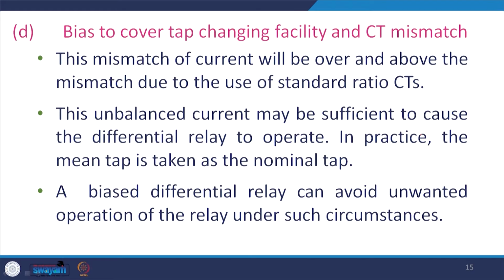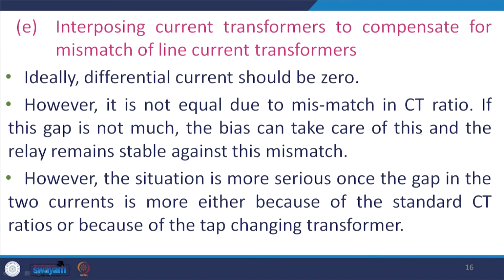The remedy is we can go for a bias differential relay. Even though we use a bias differential relay, the relay settings are decided based on the nominal tap. So, we have to consider the worst case and then decide the setting, particularly the bias setting of the differential relay. However, if we decide the setting based on the worst case, then for other conditions the operation of the relay is affected, and it reduces the sensitivity. So, the best option is to go for the adaptive setting.